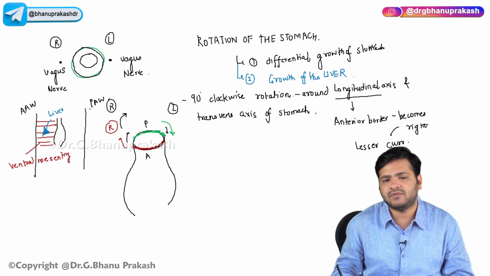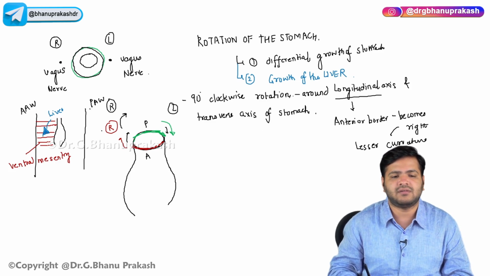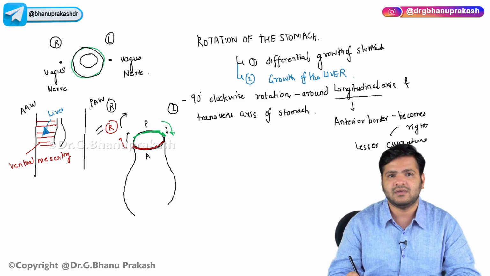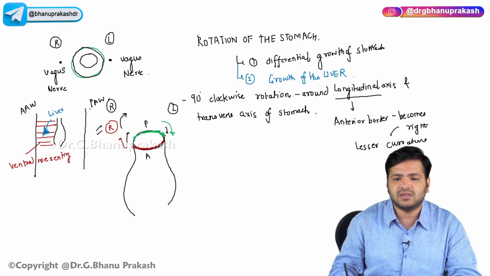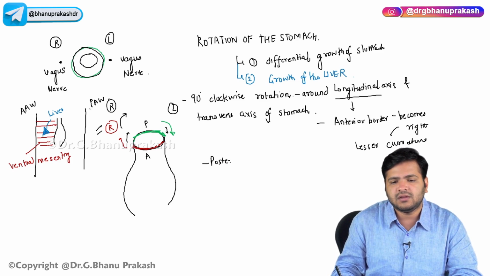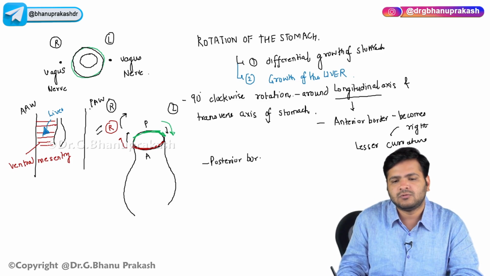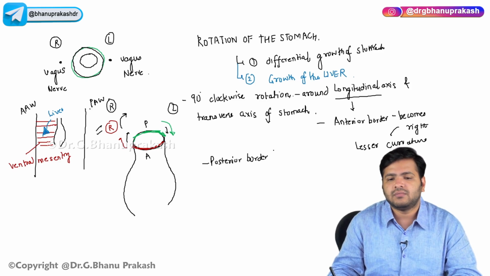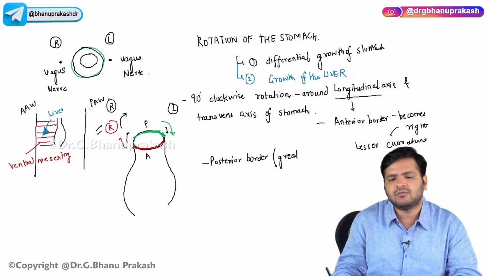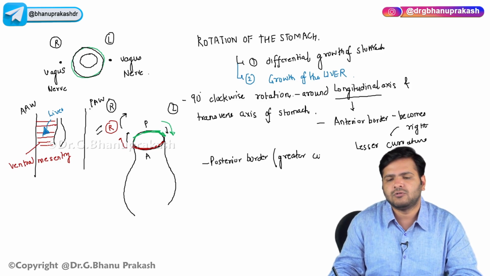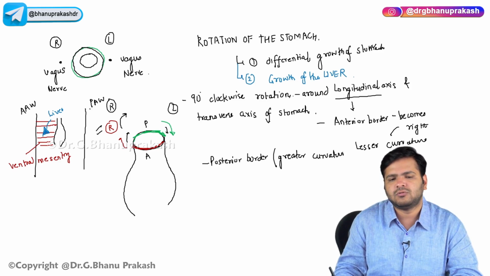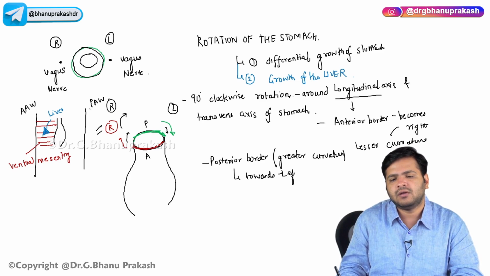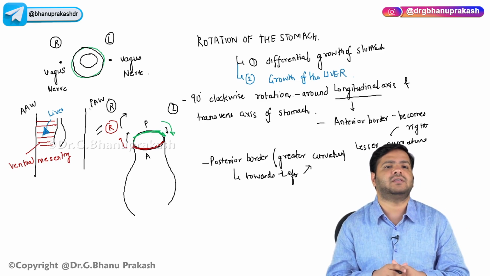The lesser curvature is towards the right, right? So see how it happens. And you already know the posterior border will come towards the left, and this is the one which will form the greater curvature,